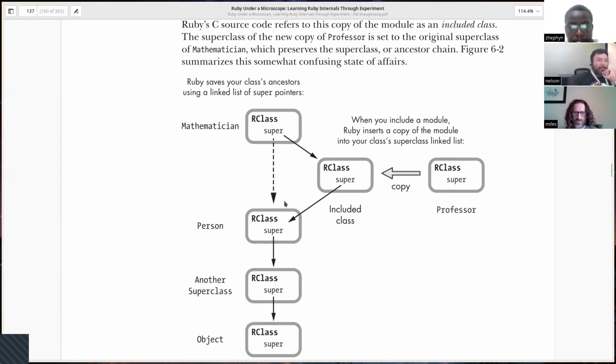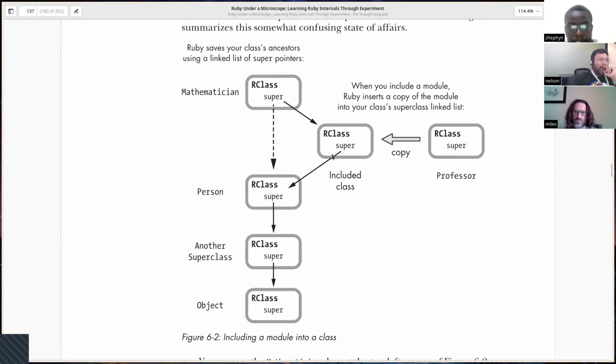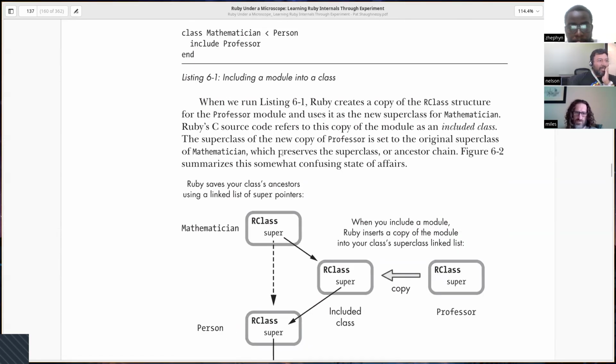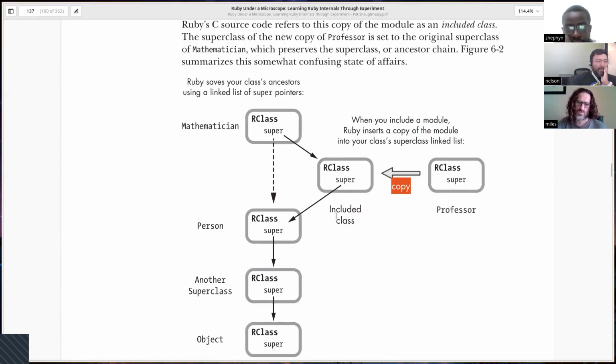And we needed to make a copy of it because we're modifying these variables, and it needs to be different every time you include it in whatever class you're using. That's not something the book really stressed. The only place you really see it is here, where it says copy, and it says that it copies it, but it doesn't say why. The reason is that we need to change the internal variables of it, so that we can shove it into